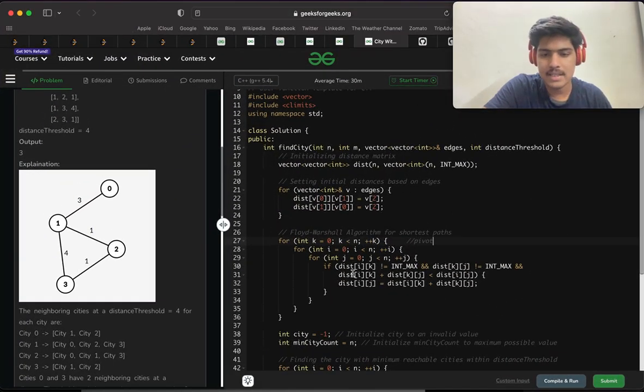So same as distance of i of k, distance of i of k should not equal INT_MAX, and this should not equal INT_MAX. And this distance, i to k then k to j, should be less than distance of i to j. If this condition holds, then I will change my distance,